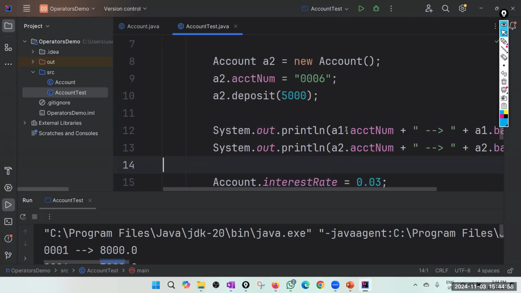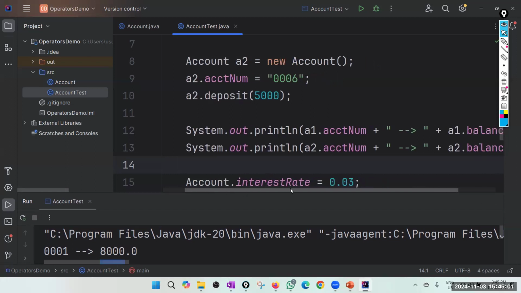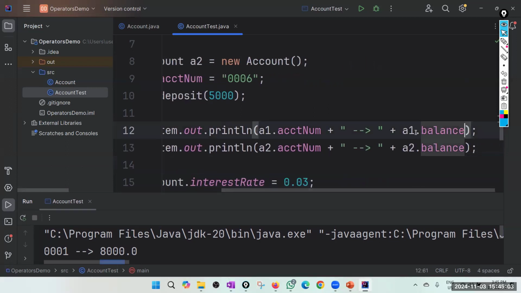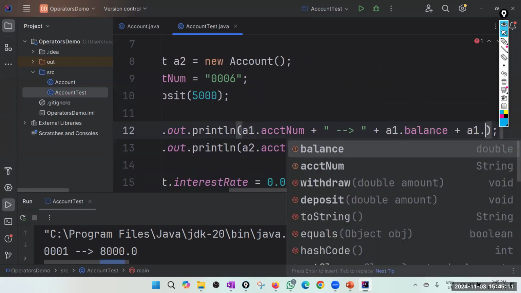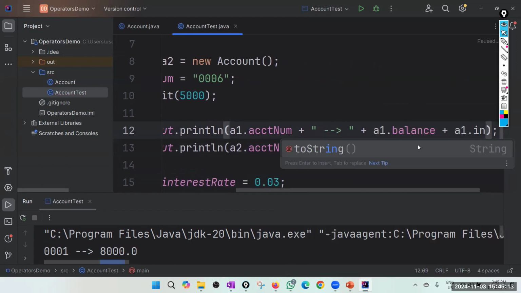Okay, let's have the interest rate also print here. If you want, you can refer to the interest rate using A1 and A2, but that is not the preferred way. Or if you want, you can do it. Say A1 dot interest rate. You can see it is not giving me the suggestion also because that is a bad practice.